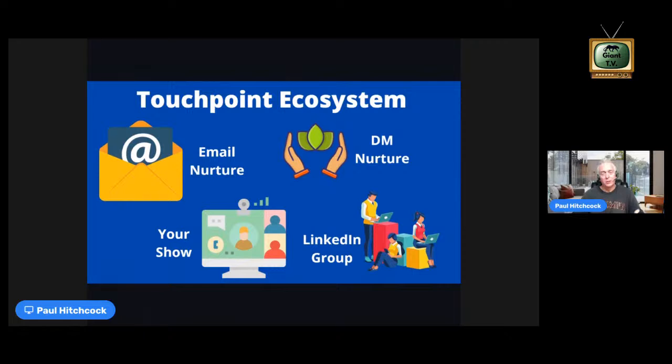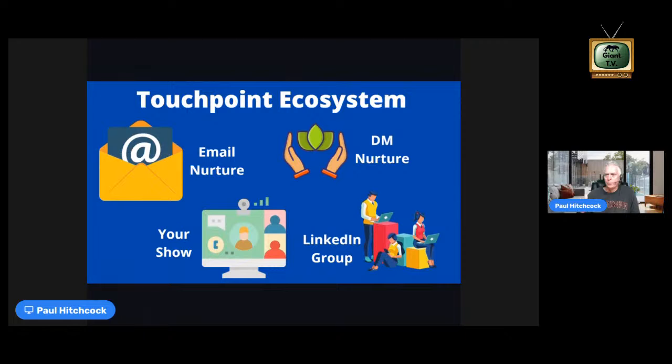Depending on your business, let's say a Vistage chair, I mentioned that I work with a lot of Vistage chairs, then it could be, hey, as a follow-on, let me invite you to one of the meetings I'm putting on. Who knows what? You've got to get strategic. But my point is, they're in. Now you get them in your touch point ecosystem, because you've got to keep nurturing people on and on and on.